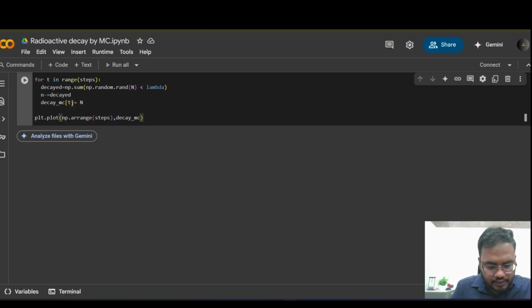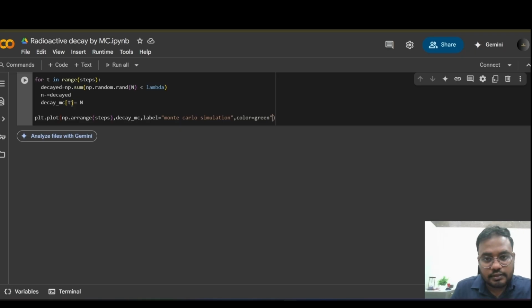Monte Carlo simulation, I have to put a label. So label equals Monte Carlo simulation. That is for labeling, and I want to plot this in green.